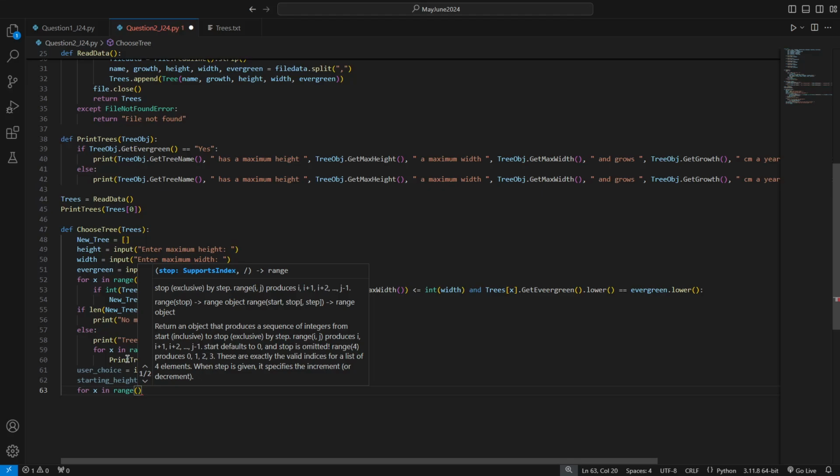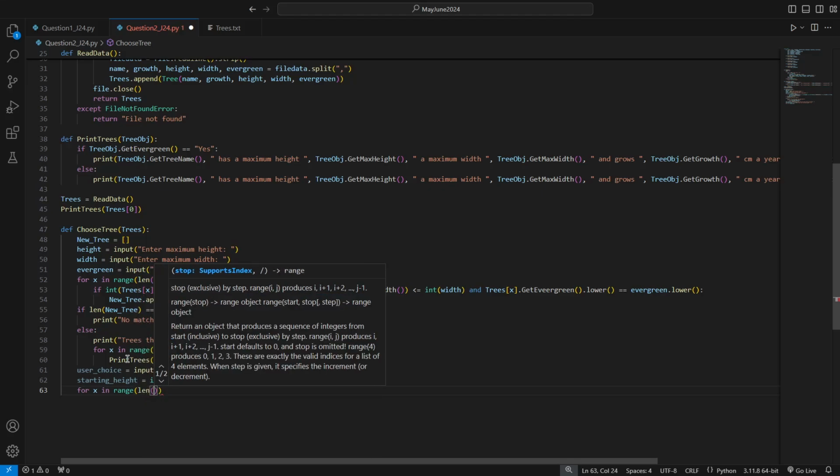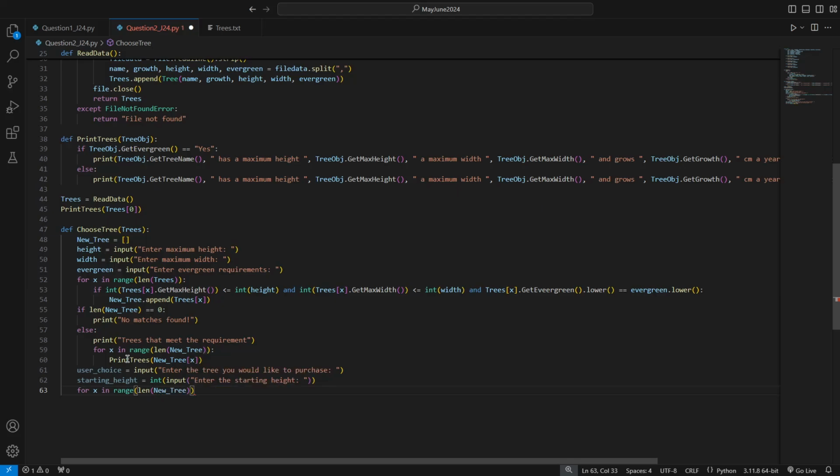But we could do that if you wanted to. So length new tree, right? So if user choice is equal to new tree x